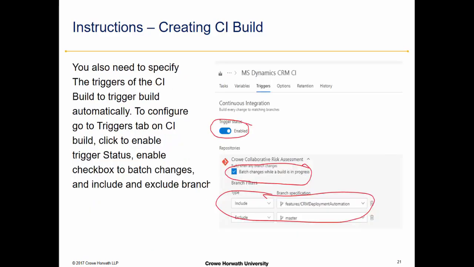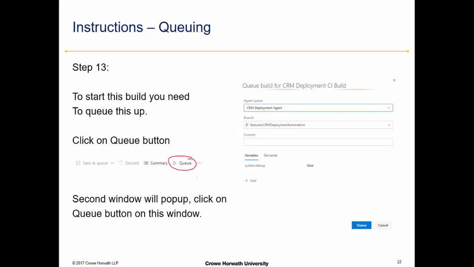Once you have saved everything on the CI build side, now you need to run that CI build so that it will build the solution, create a NuGet package and push that NuGet package to the Octopus. For that, you need to go to the queue button and then click to queue. If you click on that button, it will ask you for the queue name and the branch name. And once you click on queue, it will start executing